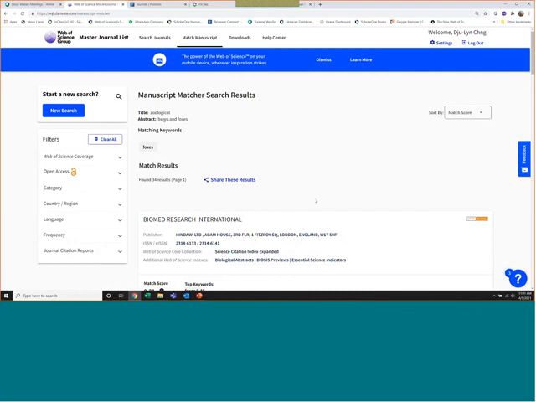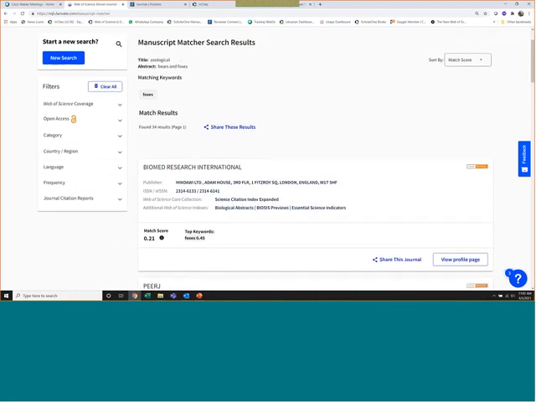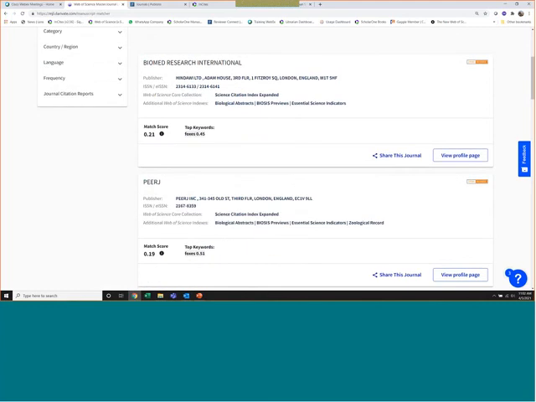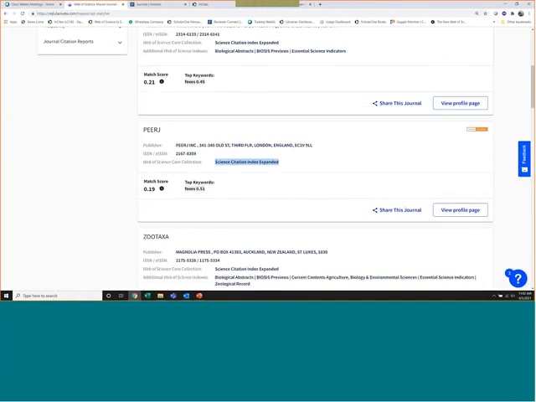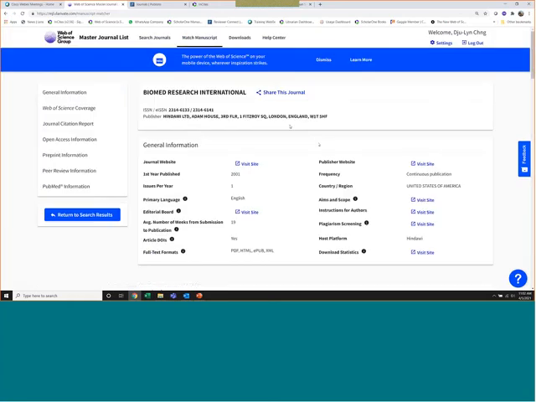So based on the title and the abstract, the manuscript matcher will find the journals for you, and you will be able to see where it is indexed, as well as later on you can actually go in and view the profile page to have a look. You can see publication information.